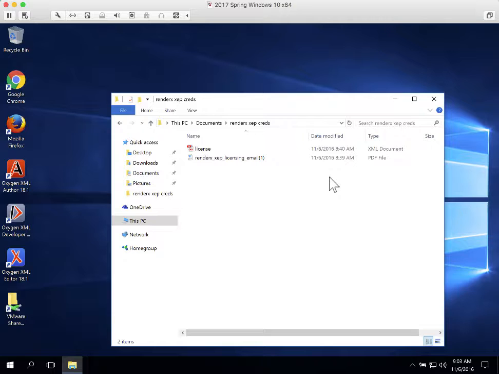And at UWM, that's going to be D2L, and at Illinois, that's going to be Moodle. Okay, and you're going to download these files, and then you're going to have them when we need the address to download the software from, and when we need to point to the license,